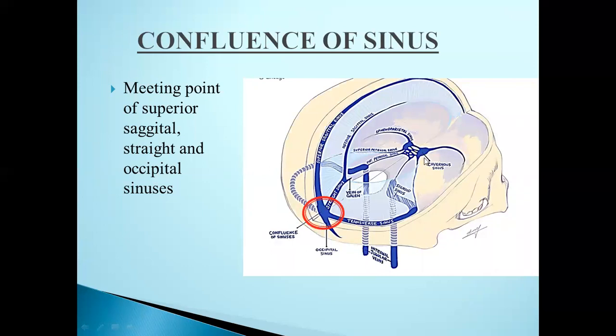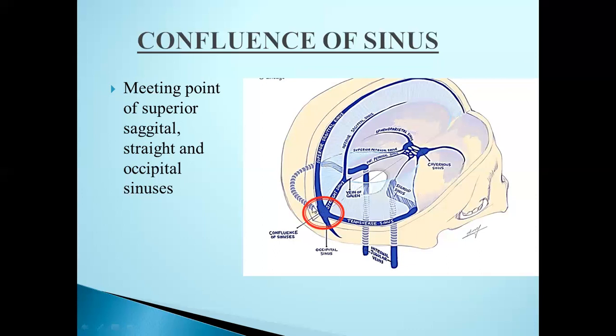Again, we'll see all the sinuses. The unpaired ones are the superior sagittal sinus in the upper margin of the falx cerebri, running backward from crista galli to internal occipital protuberance. It is a larger sinus. Below that, in the free margin of the falx cerebri, you can see the inferior sagittal sinus, which will join with the great cerebral vein and continue as the straight sinus. This straight sinus will continue with the confluence of sinuses.